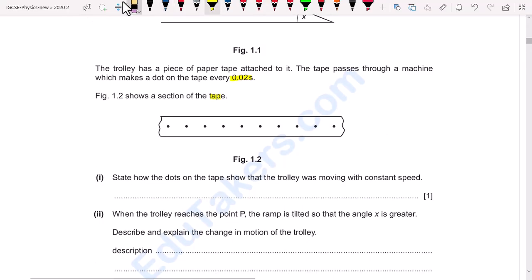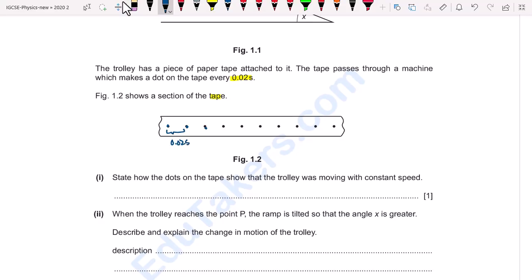Part 1. State how the dots on the tape show that the trolley was moving with constant speed. So in figure 1.2, these dots show the distance traveled by the trolley, and the dots are at the same distance. It means that the distance does not change and time is also